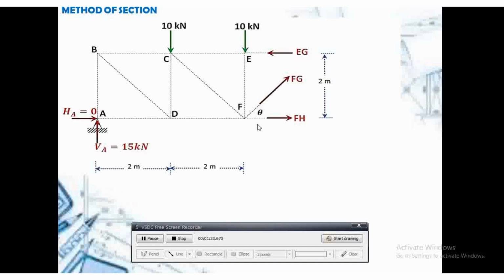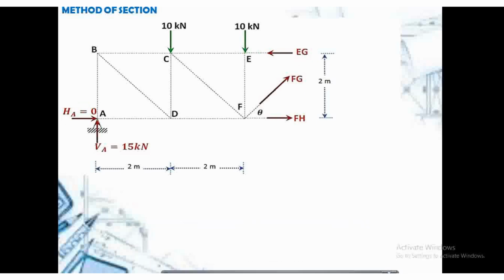Ito yung left side. Yung directions ni EG, ni FG at saka ni FH, itong mga arrows na to, these are just my assumptions. Again, mache-check ko mamaya kung tama tong mga to. Diba, nasolve na natin si HA tsaka si VA. HA is 0, VA is 15. After that, nasolve nyo yung mga reactions at nakapili na kayo ng section, next thing you have to do, kapag method of sections,